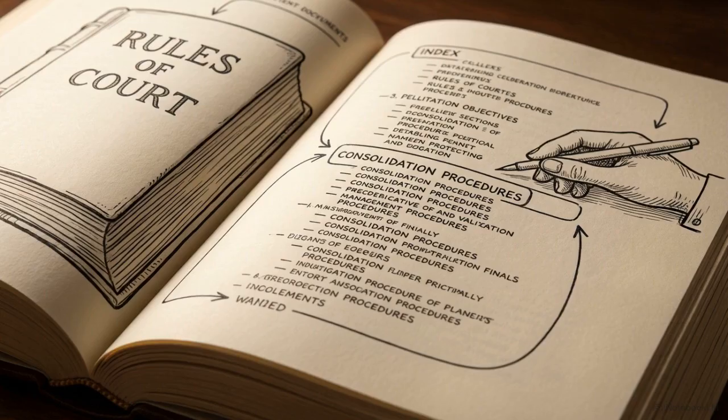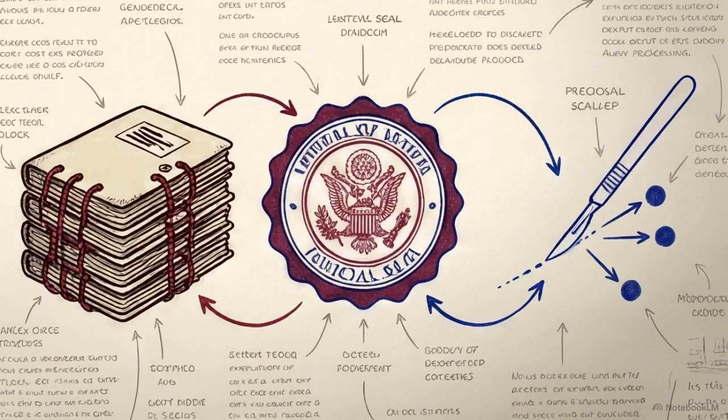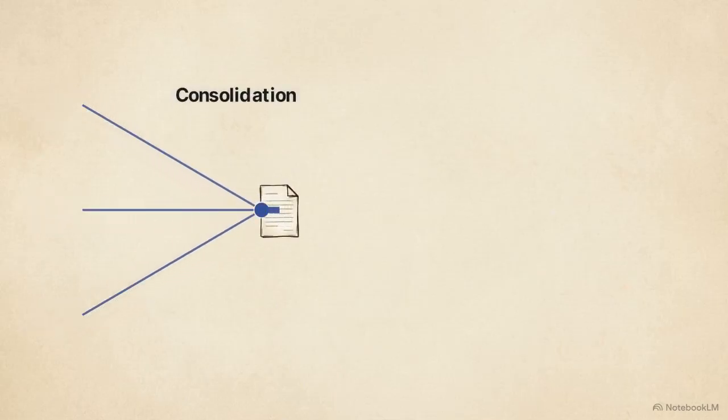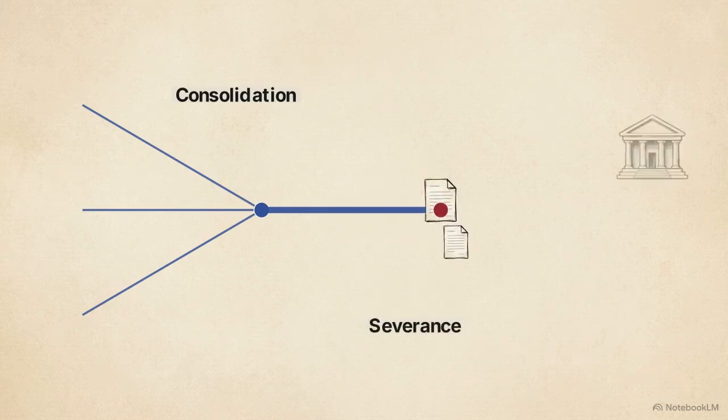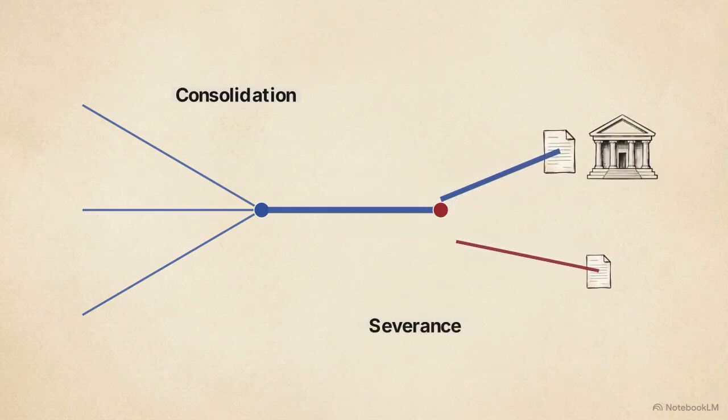To manage an exponential influx of related cases, the rules of court provide a specific control mechanism, Rule 31. This rule operates through two opposing functions. Section 1 acts as the suture, consolidation. Section 2 acts as the scalpel, severance. Mastering exactly when to merge cases and when to cut them apart allows a practitioner to navigate complex, multi-party litigation